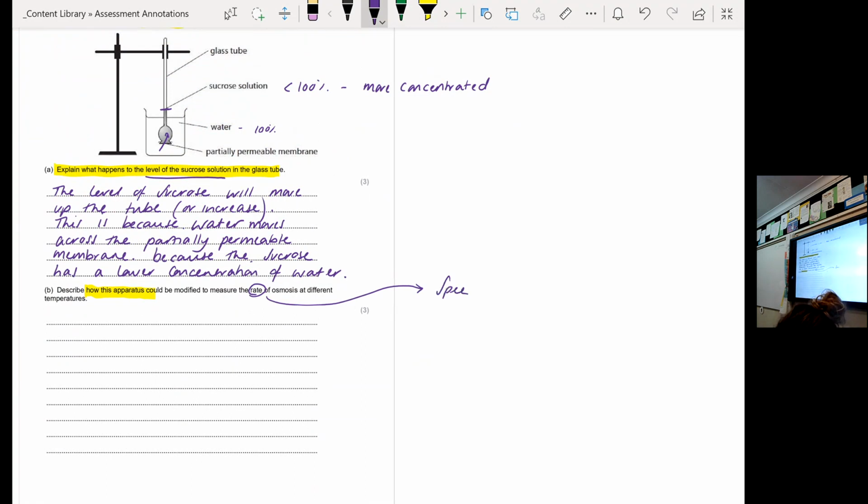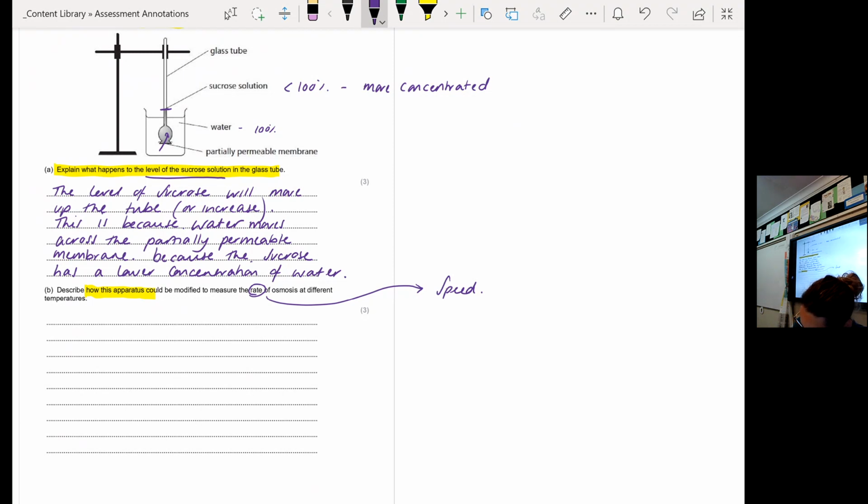Speed. Okay. So if I need to measure the speed, say for example, I needed to measure the speed that I would run at, thinking about what I would need to measure the speed, I would need to know how far I'd travel, so I need to know a distance, and I would need to know how quickly I covered that distance, so I would need to know time. Okay, so